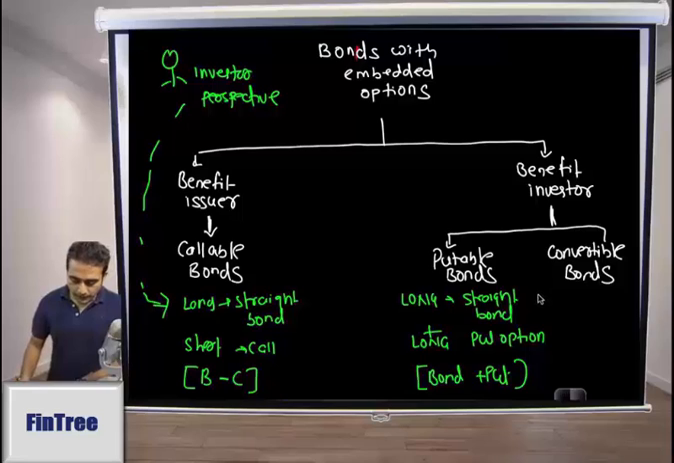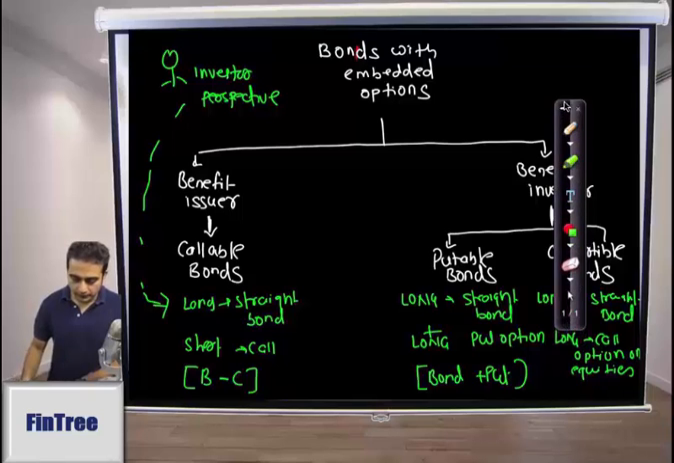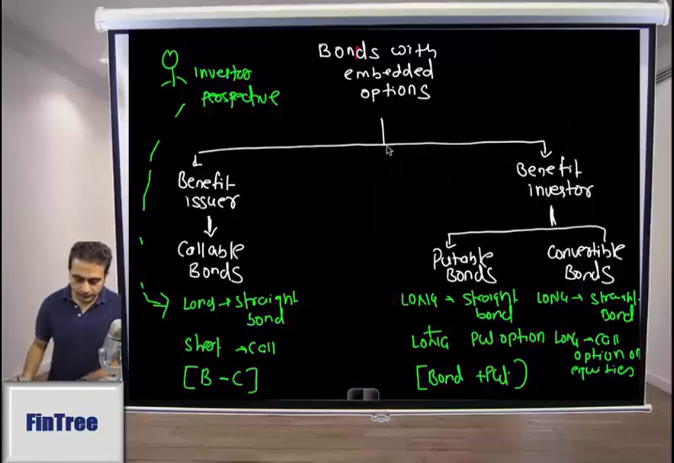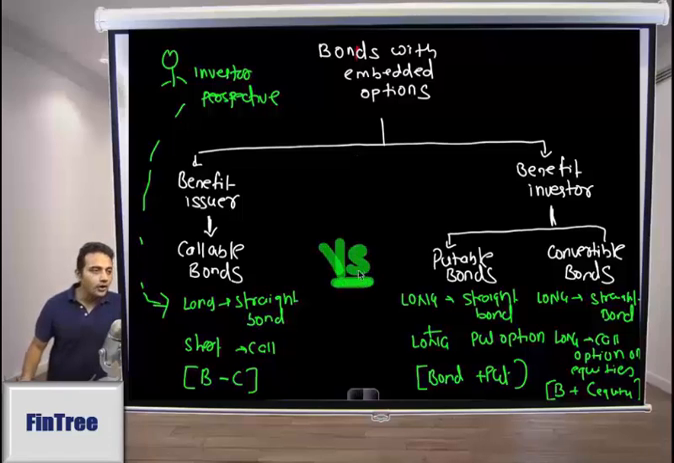For convertible bonds, we have a long position again on a straight bond plus a long position on a call option on equities. And this would be again a bond plus call on equity. So the reading is more focused on callable versus putable, and then the last couple of learning outcomes focus